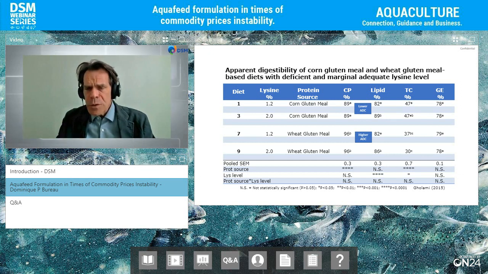But then a few years ago, we started seeing problems with our feed formulated with corn gluten meal. We examined the digestibility, and all of a sudden the digestibility of corn gluten meal dropped by 5 or 6%. So don't think your ingredient quality is going to be stable all the time. That was basically the same supplier, but perhaps they changed things, because sometimes these products are byproducts from manufacturing.